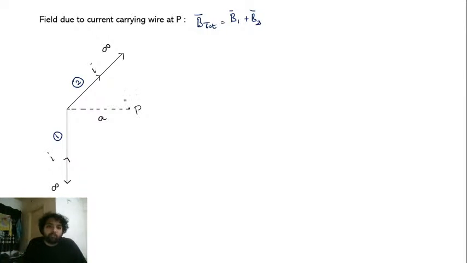So one thing you have to know in this question, that there is one wire which is going to infinity like this, and current is flowing upwards, and यहाँ से भी it's going back to infinity, right? So इसमें there are two parts. This part we will take as wire 1, this part we will take as wire 2, and the total magnetic field will be equal to magnetic field due to wire 1 plus magnetic field due to wire 2.